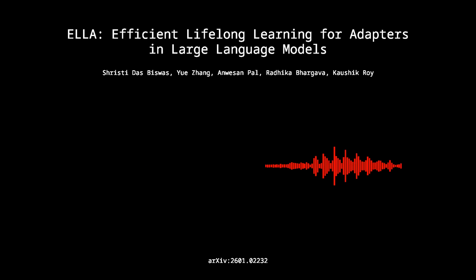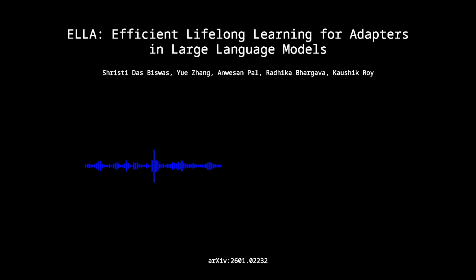We are diving deep into a framework called ELLA, efficient lifelong learning for adapters. It provides a pretty novel and mathematically grounded way out of this whole catastrophic forgetting dilemma. That's the core issue, and it is a really difficult one. For you, our expert listener, the problem really centers on the trade-off between stability and plasticity. It's a classic trade-off.